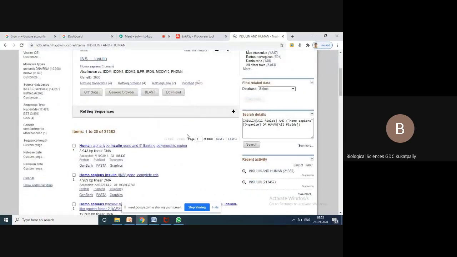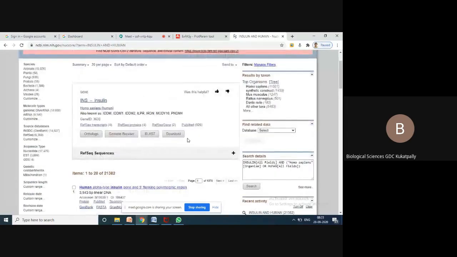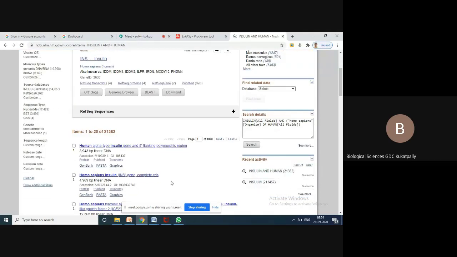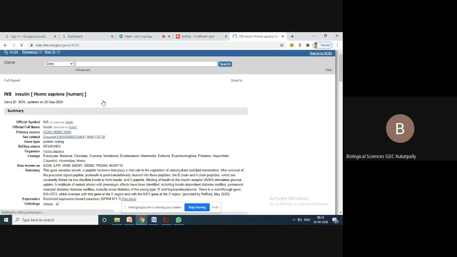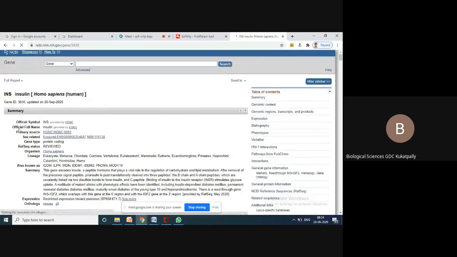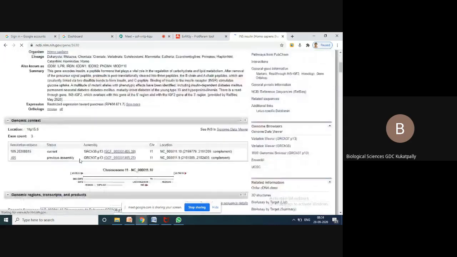So many genes are there, and they would have sequenced many fragments, sometimes full, sometimes many fragments. So many people have worked. See, how many hits you are getting? 11,527 hits. You should not worry about all that. Mostly you can go for the top results. So here you're getting a direct sequence of insulin of human. If you click on that, this is the entire information you will get, right?